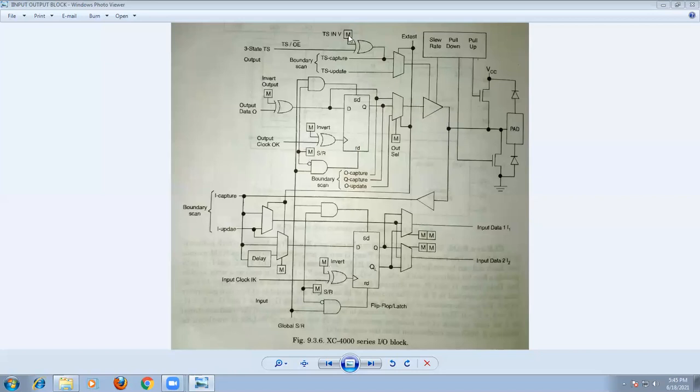Depending upon that, this is the signal when it is in the 3-state, this is the 3-state inverter signal, and this is the signal when these two are in the high state. So what happens will go to the 0 state or 1 state. Depending upon that, we can check the value here. The output buffer will be in the high impedance state, otherwise the output signal can drive the output through the pad. When it is not in the high impedance state, this signal will drive the output pad.